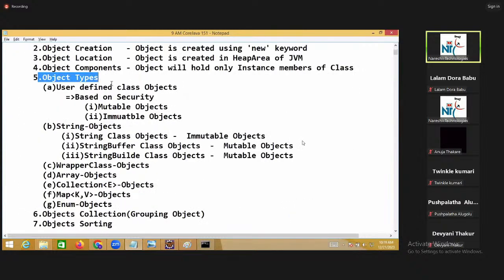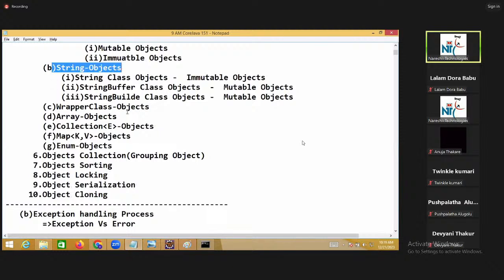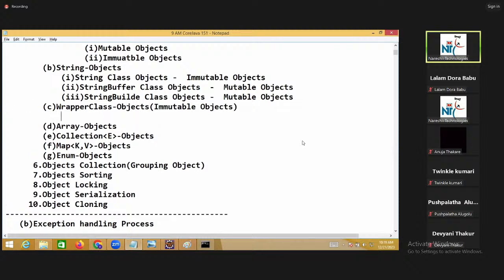Under object types, you collected string objects. Now these wrapper class objects are immutable objects. All wrapper class objects are immutable.